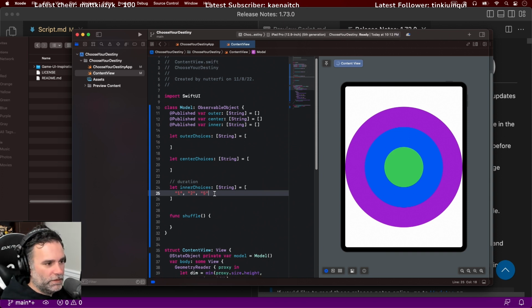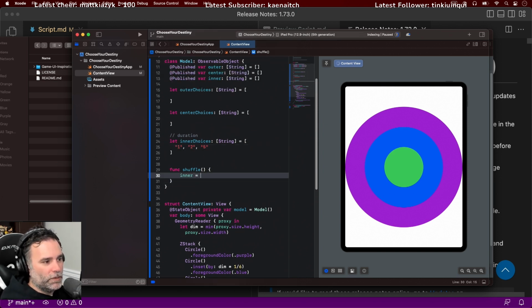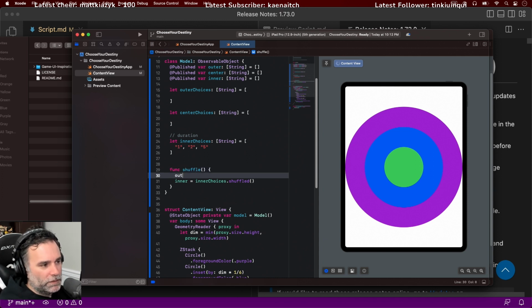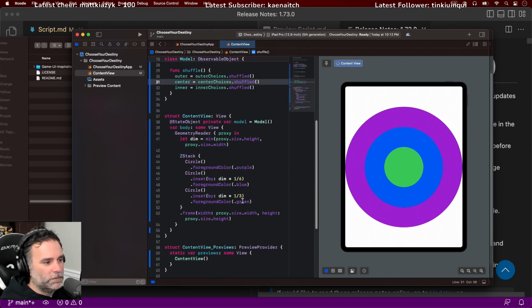This should be fine. So what shuffle is going to do is we're going to say inner equals inner choices shuffled. And same thing with outer and middle. Outer equals outer choices shuffled. Center equals center choices shuffled. Now we're going to require